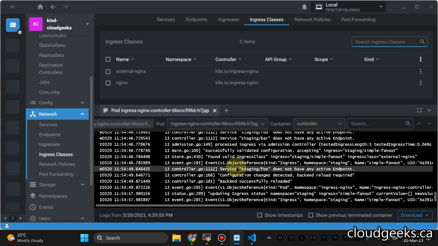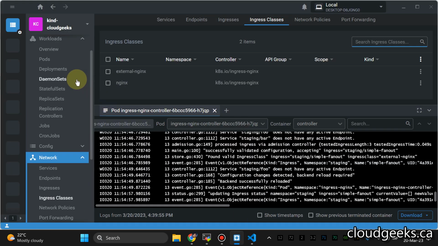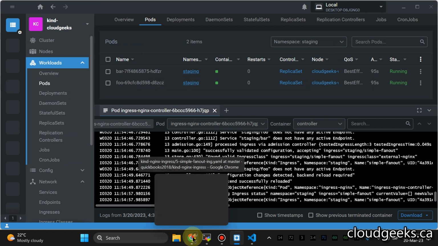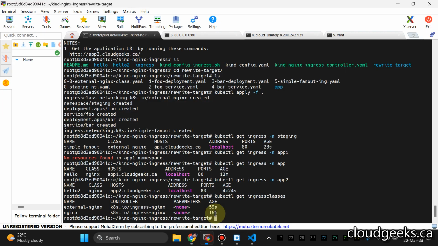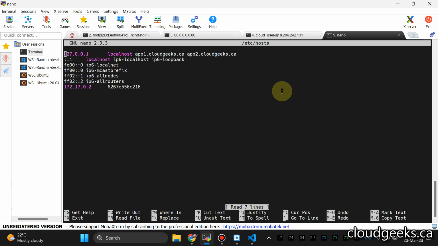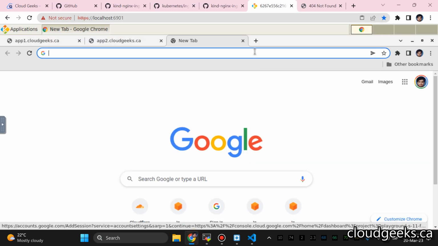So what I'm going to do is make one DNS entry as well. First of all, navigate to this section, pods, staging. You see, we have foo and bar services. Okay, navigate to this section, open one tab, and also make a DNS entry. The DNS entry is going to be the one which I've shown you. So it is going to be api.cloudgeeks.ca, and we are going to access our foo and bar services with rewrite in the Nginx tool. So api.cloudgeeks.ca, right, and save this name. Simply navigate to this section and type